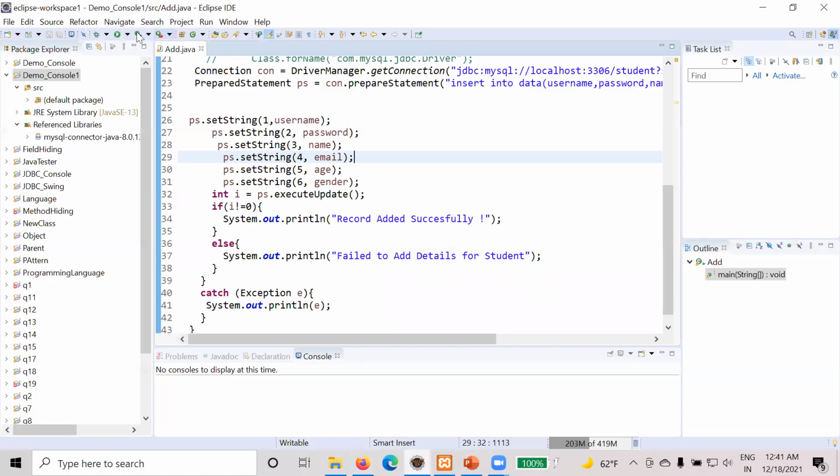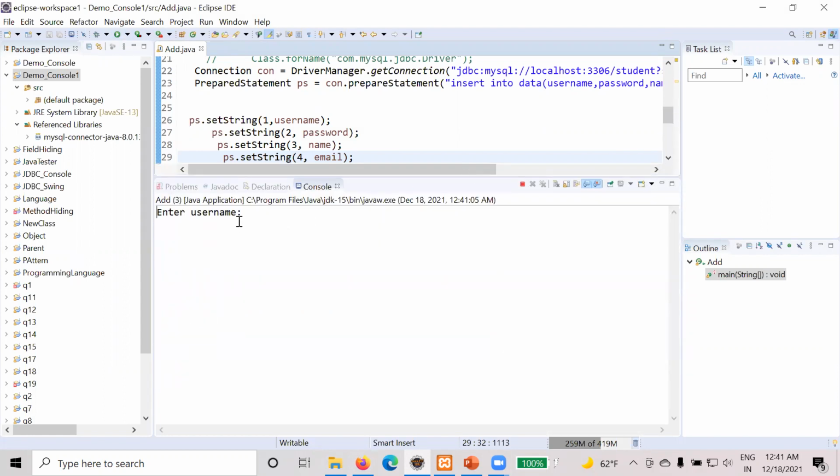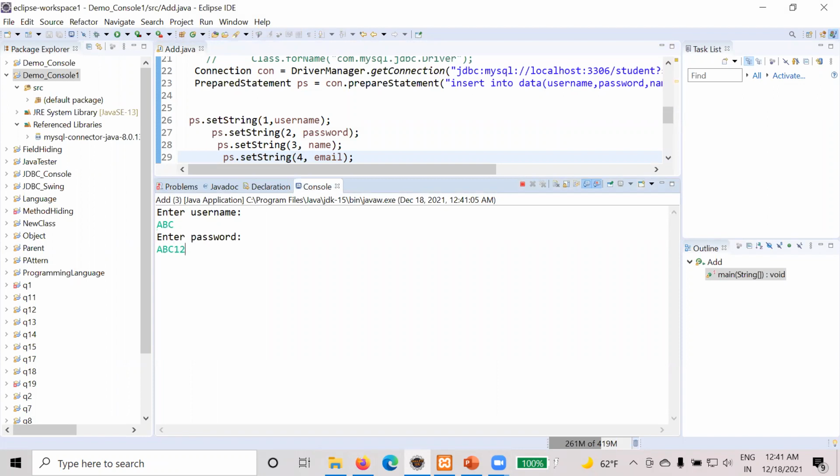So go to this code again, click the run option. It will ask you for the name. So I'm adding ABC as the name, then ABC 123, then ABC and ABC, ABC at xyz.com, like this, student age taking 20 and mail.